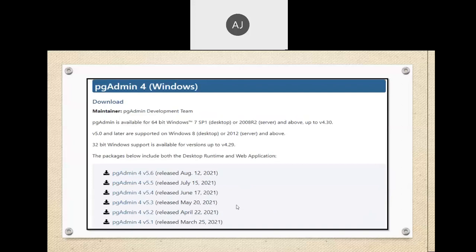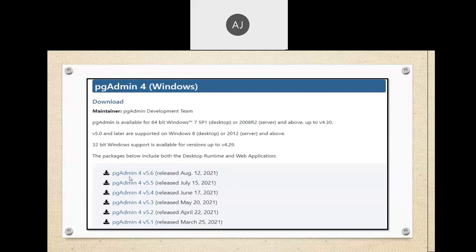But note that, if we select the 32-bit architecture, 32-bit support is available on version 4.29. Okay, so according to your architecture, you need to download. If you are trying to use PostgreSQL version 13, then you can download the latest pgadmin.